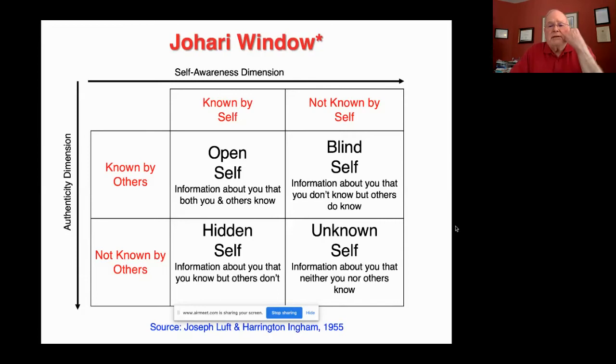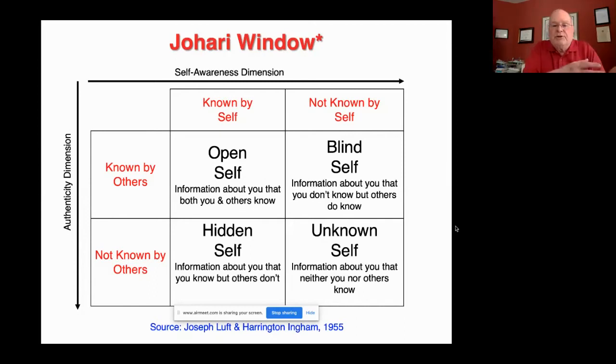But there may be other things that are negative. Let's say you're involved in learning and development already, and you're doing a presentation, and there are things about the way you conduct that presentation. Maybe you don't have eye contact with the audience, or when you're doing a presentation, you tend to wander around a lot, to a point where it becomes distracting. So that's negative information that you may not know about yourself, but other people would know about you.